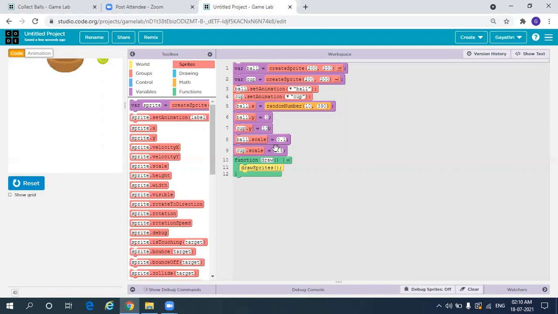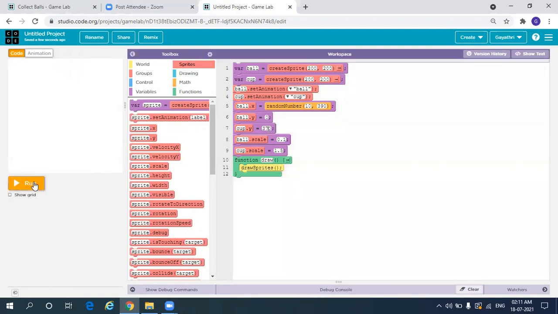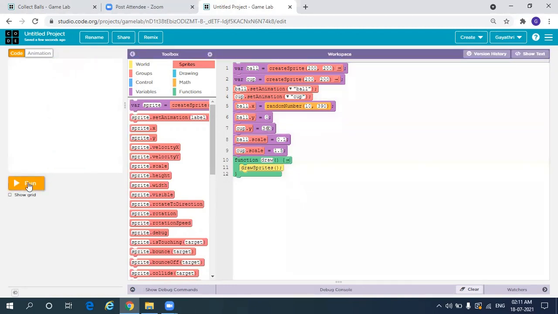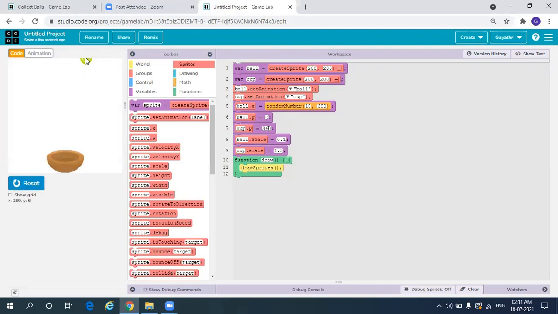No, it should be 390, right? Cup of Y will be 390. Yeah, we have our cup at the bottom. I'll bring the cup a little up, so I'll make it 380 or 370. Okay, we have our cup here and ball here.